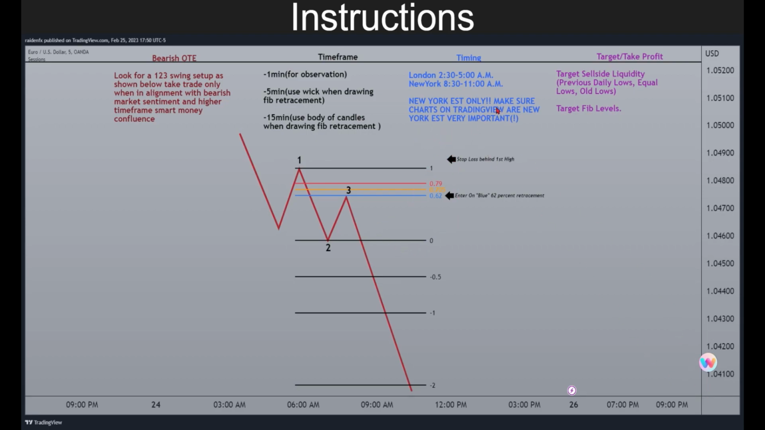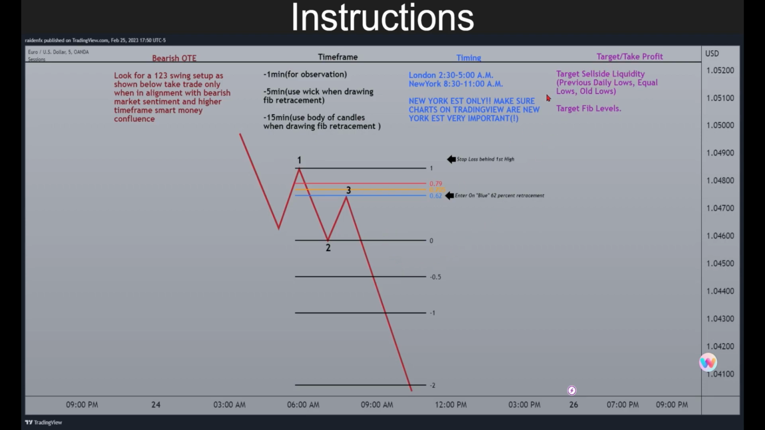All right. So before I go over to take profit, basically, you're looking for a swing high, swing low, and a move back up 62% of that within a certain time zone, which is London and New York, right? And then you enter on the blue, put a stop behind the first high in this case. And then now we're going to talk about the targets, which you want to target